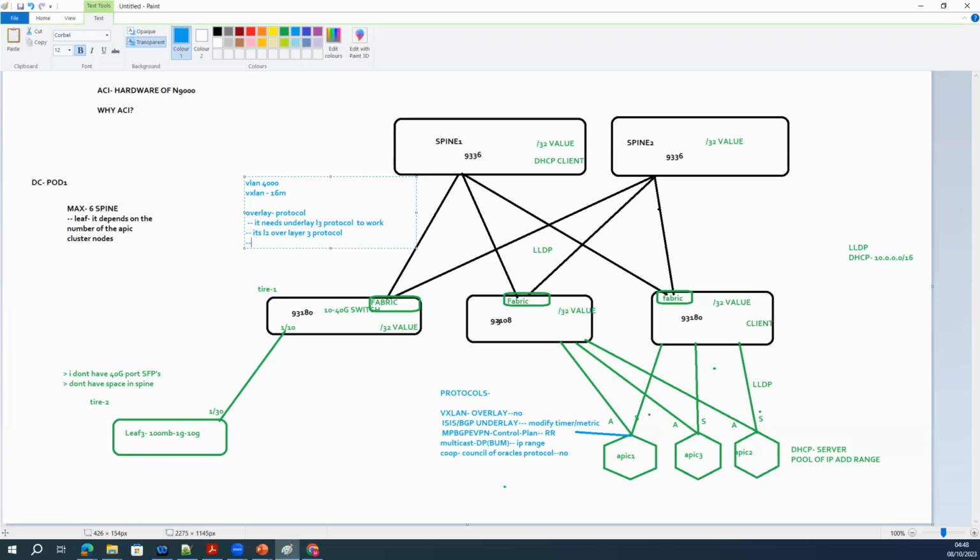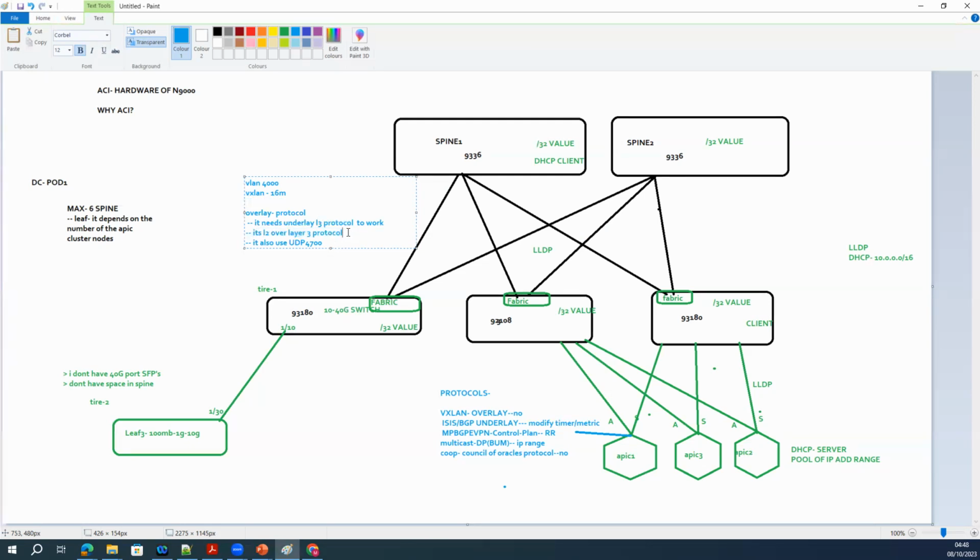It also uses UDP 47. So VXLAN is a layer 2 overlay protocol which works over layer 3. It means if you want to run VXLAN between two devices, make sure you have routing enabled between them.